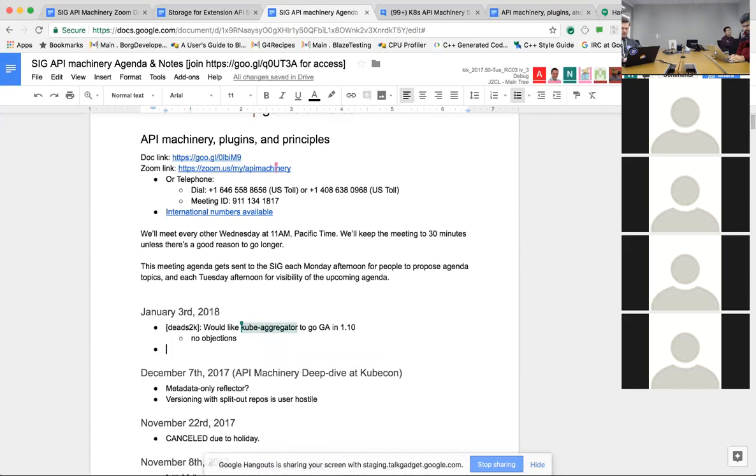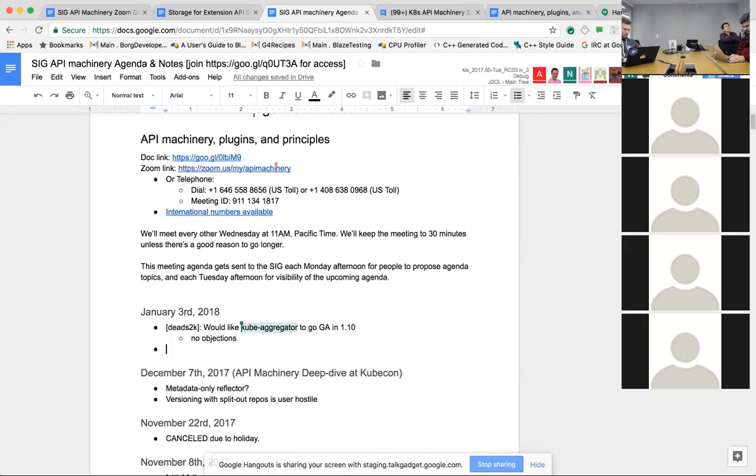Yeah, I'd like more stuff to go from beta to GA in 2018. So yeah, fine with me. One of my reasons is that the extensibility stuff is not really very useful unless it's universal across all Kubernetes clusters.